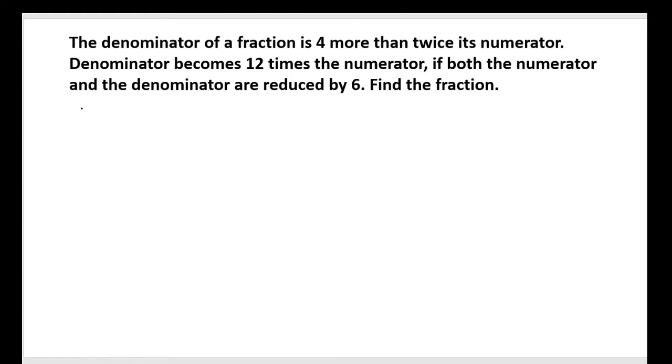Dear friends, we usually come across such examples in simultaneous linear equations, which may be about the ages of parents or siblings, numerators and denominators, or some geometric figures and things like that. Here we have it on a fraction. As you can closely observe, this problem has two variables, because one would be the denominator, the other would be the numerator, and it has two conditions.